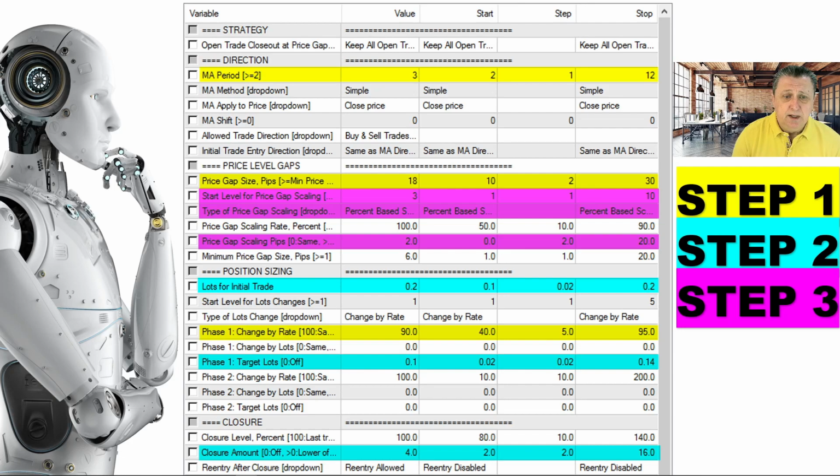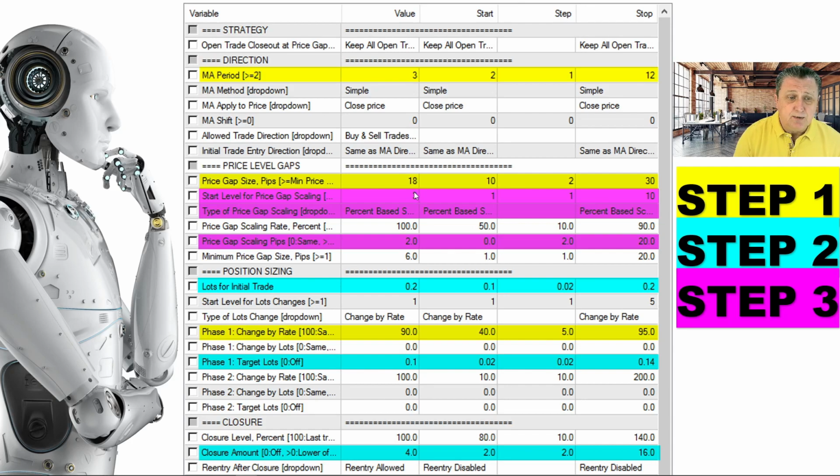And step 3 covers basically the pink part that you see here, so the start level for price gap. So that now means that not only do we change the lot size in here, but we also now change the price gap, because again, this is a grid trader, and basically the grid is determined within the price gap size, as you see up here, which says 18, and normally it will continue in the same grid size. But what we are doing now in step 3